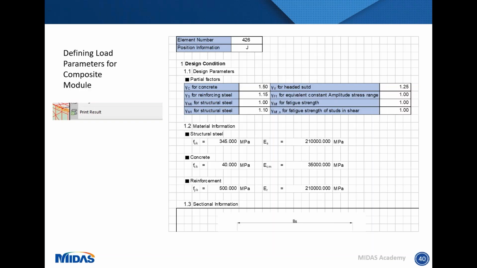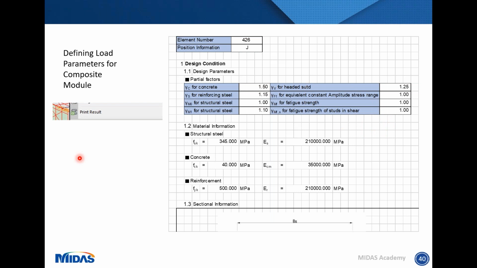After you've done this, you then have the option to print results. So if you specify that you want a particular element to be available as an output, you can print the result from that point, and you can see your different output values. To start with, you can see the parameters that we defined specifically. I've put in a slightly lower steel property. Typically you would have had 355 steel used, but because we're using slightly thicker steel flanges, I've just limited everything to 345, and these parameters up here are as per the Eurocodes.